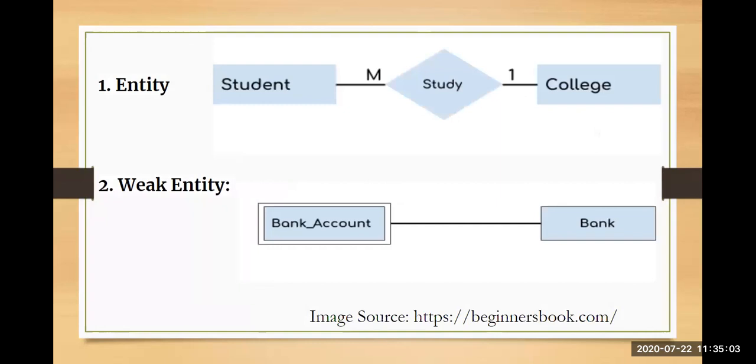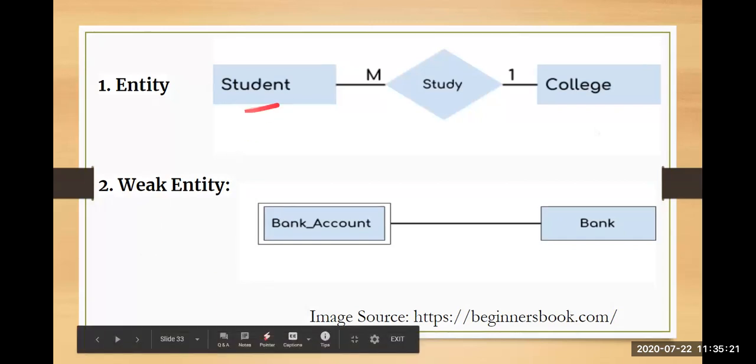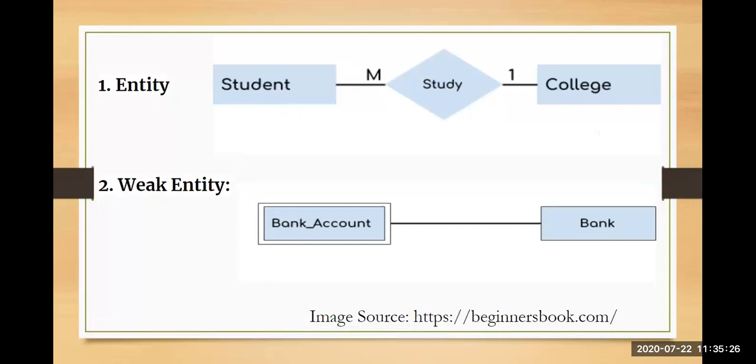So the very first is your entity. Whenever I talk about entity, what do we mean by entity here? An entity is nothing but an object, you can say, or a component of data. And an entity is represented as a rectangle. In your ER diagram, you can see my entities are represented as rectangles. So in this example, I have two entities. One is the student entity and another is the college entity. These entities are connected together with a relationship that is denoted as a diamond sign, and that has the relationship studies in. So here your relationship is what? Student studies in college.